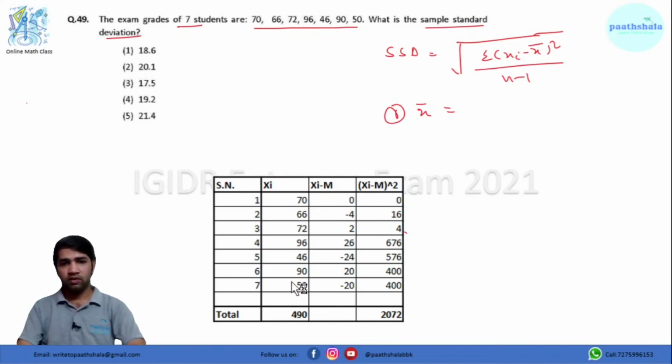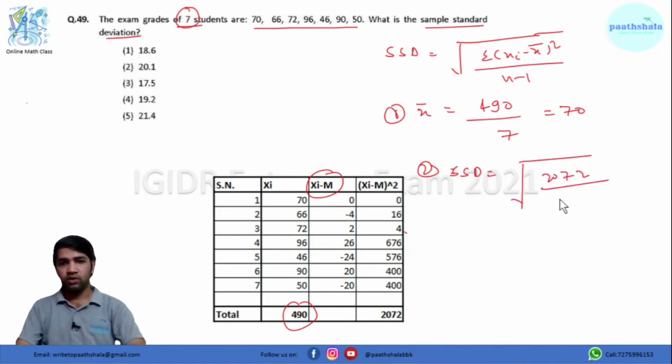You can see that I have drawn the table here. So summation xi is coming out to be 490 and the number of students is 7, so the mean will come out to be 70. Now I have taken the difference, that is xi minus m. After that you will find this square, that is xi minus x bar whole square. Here m is representing the mean, that is x bar. Okay, so the second step is finding the sample standard deviation. This is coming out to be 2072 divided by 6, so this comes out to be